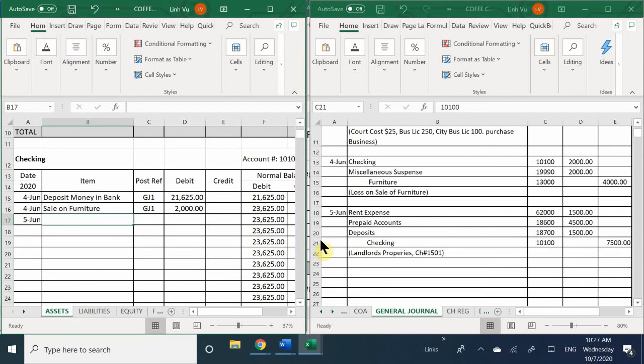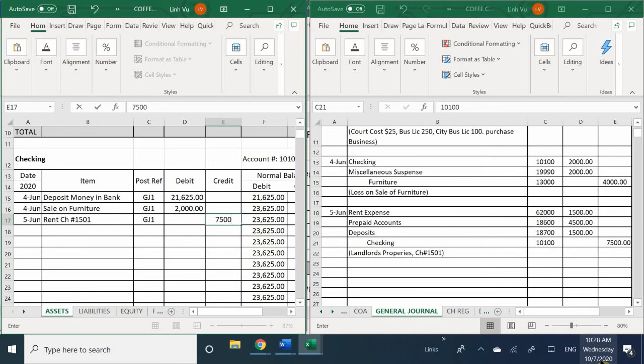In my items, I'm going to write that this is for rent, and I'm also going to indicate that I wrote check number 1501. General journal number 1. Oh, I'm not debiting it. I'm crediting my account for the